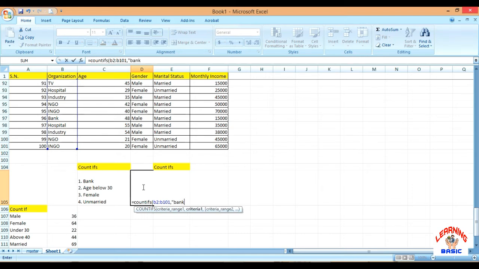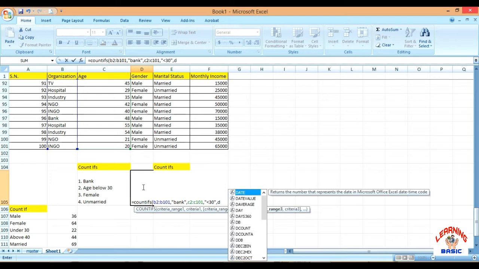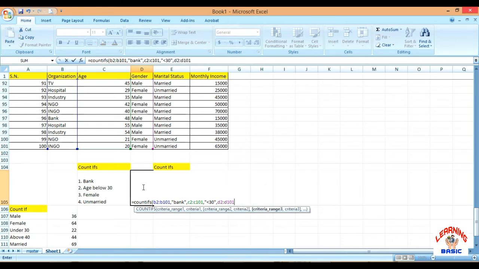So first we identify the number of banks, and our second criteria is age below 30 years. Age is in column C, so C2 to C101, comma, and whose age is less than 30 years, and our third criteria is female. The gender is in column D, so we'll be working with D2 to D101, comma, and is a female,